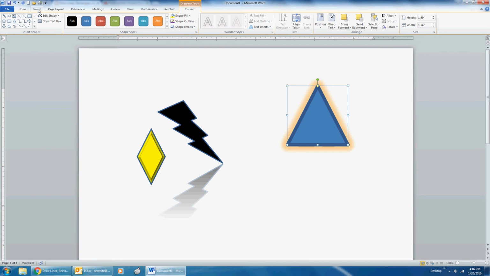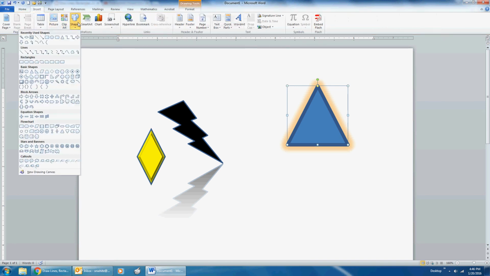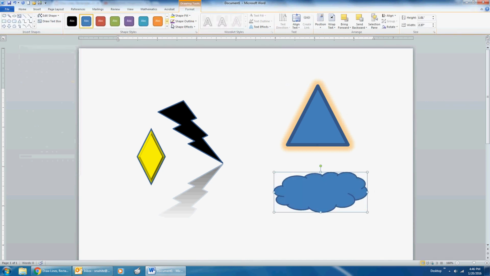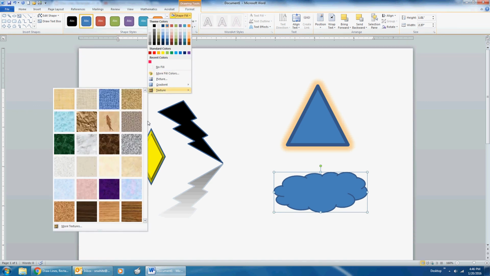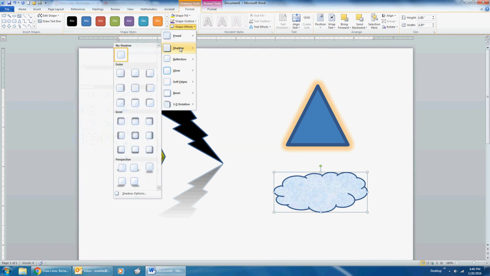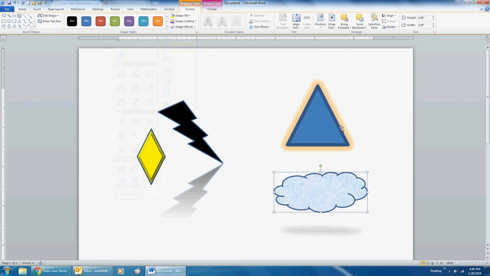Then draw a cloud. Fill the cloud with a texture. So shape fill, texture. And then add a shadow from Shape Effects. And it's as easy